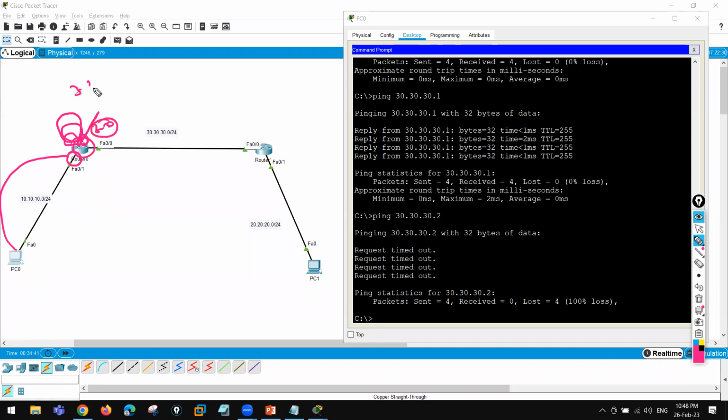So 30.30.30.1 basically knows how to reach 10.10.10.1, how to reach it via 10.10.10.2 using this exit interface, right? So that is the reason it is able to ping this guy. But when it comes to